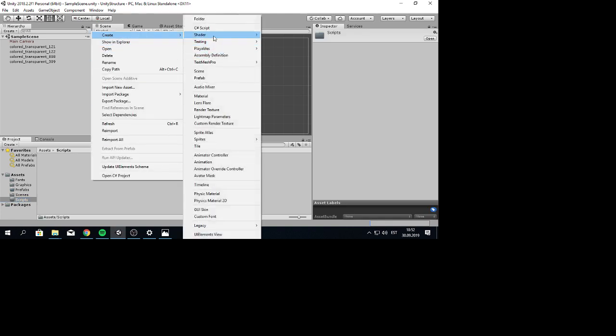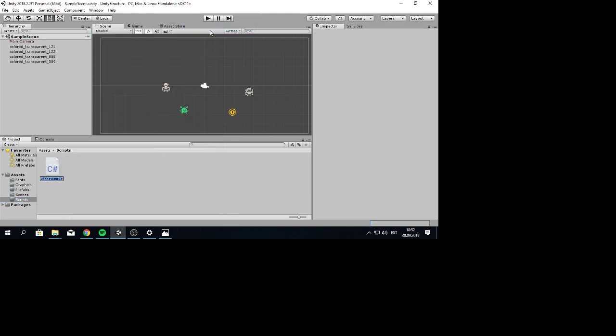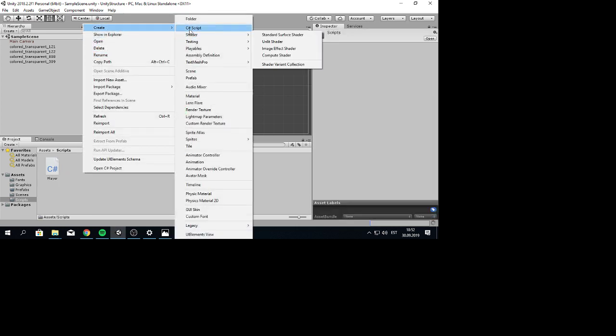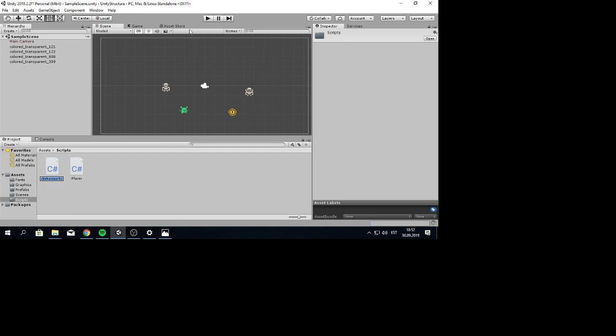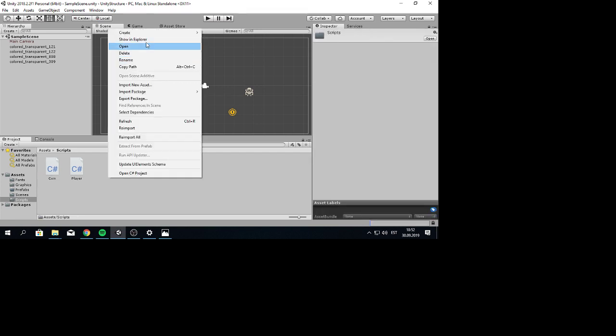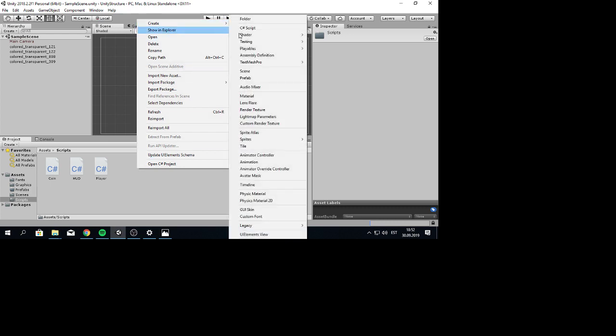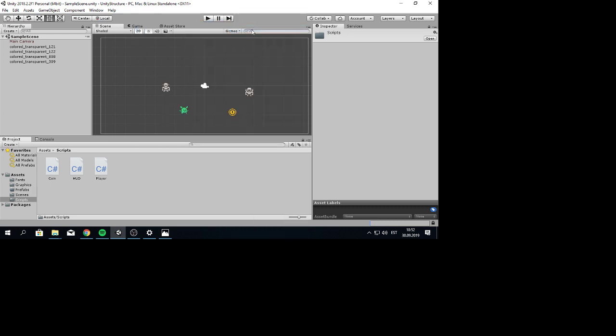So some scripts we might need are for the player, for the coin, we need something to control our UI, so head-up display, HUD, these are controlling our UI, and we also need